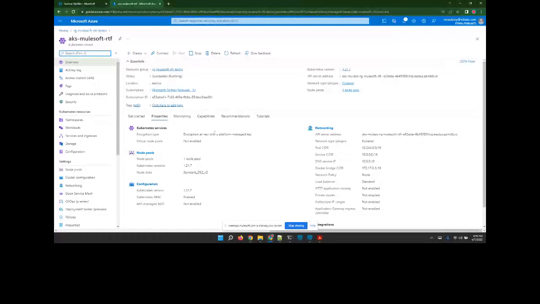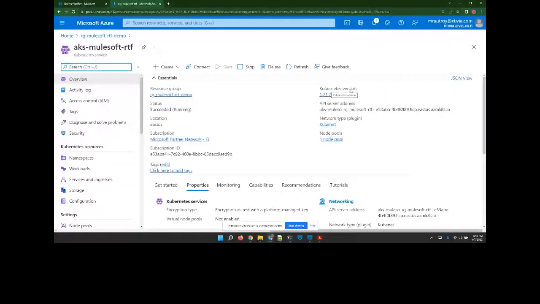If you look here, let me zoom in. We're looking at Kubernetes version 1.21.7. Now the RTF version we are leveraging here is 1.12. That's the latest, and the Kubernetes version is 1.21.7. I would like to emphasize one thing: we go by the MuleSoft recommended version. There are many newer versions of Kubernetes like 1.22, 1.23, but the recommended version, which is compatible with version 1.12 of RTF, is anything which is 1.21.x, where the x is version 3 or higher. So that's why I've selected